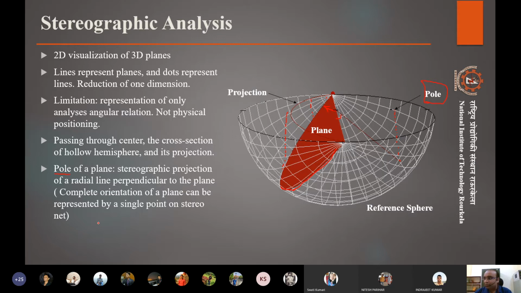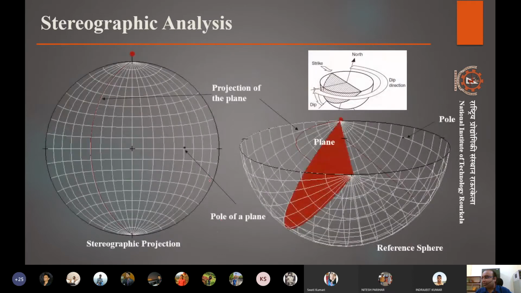So when we take the horizontal projection, we have something like this. A stereographic projection for that plane that we were seeing in three dimensions will be just a single arc, and for a pole, that will be a single point.